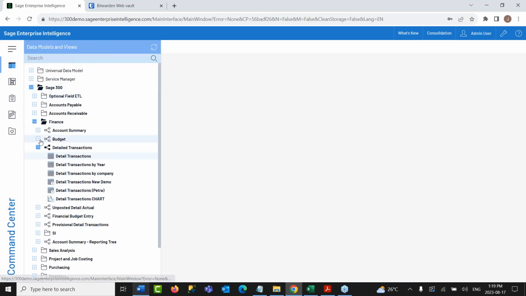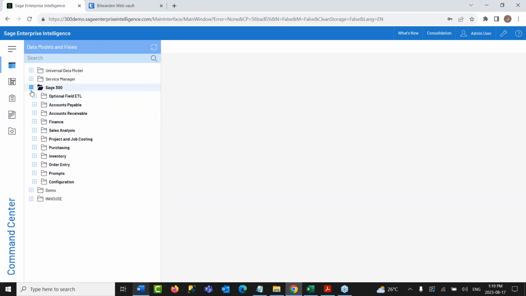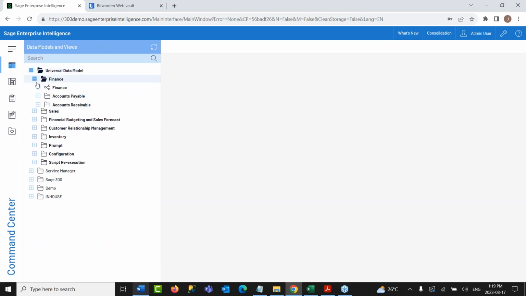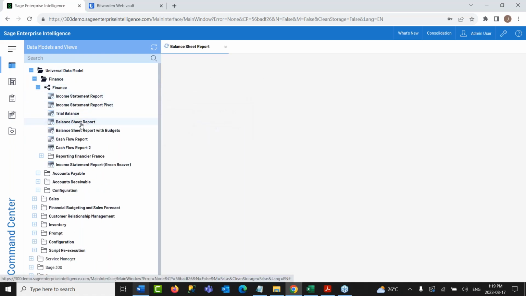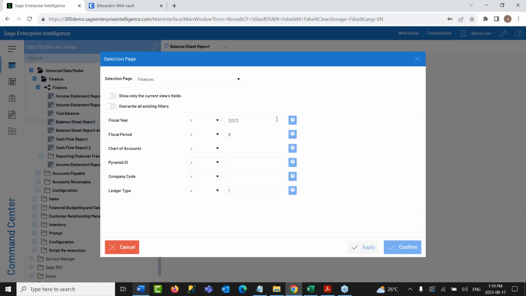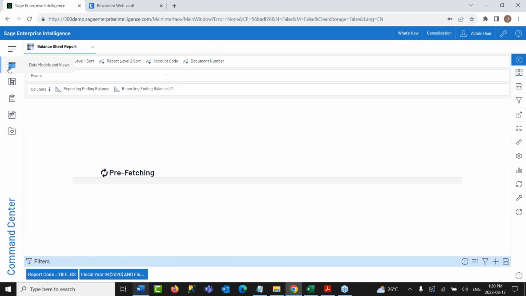Now let's move on to some more advanced reports which we also have along with the universal data model. Let's have a look at the financial statement balance sheet, for example. There I can easily use the selection page here to filter on exactly the fiscal year and fiscal year period that I want to see in this report.